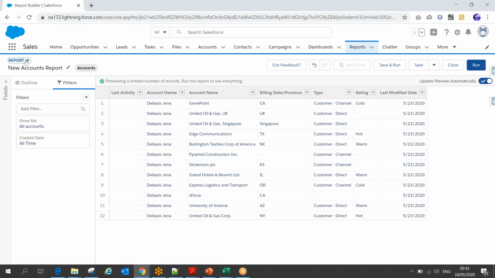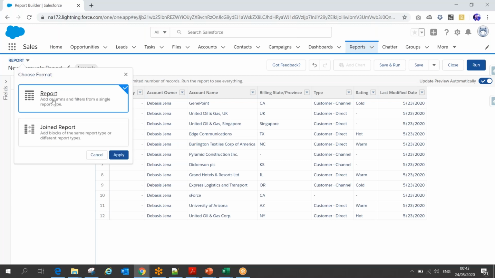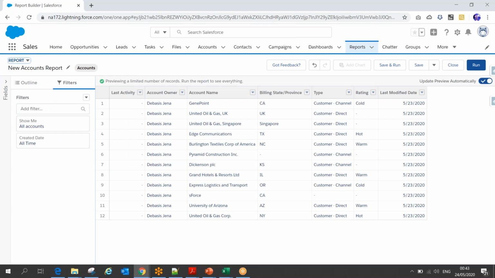Same way, if you go here, we are using this one, add column and filter from a single report type or multi-report type. So here, in the Lightning Report Builder, it talks about two types: one as a single report type format, or a multi-report type format as a joint report. So if you are in the single report type format,